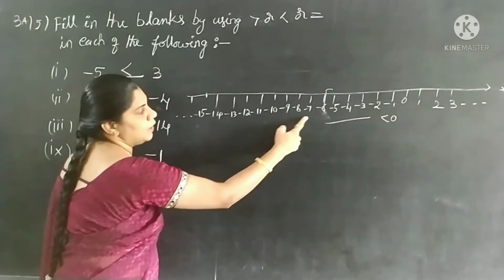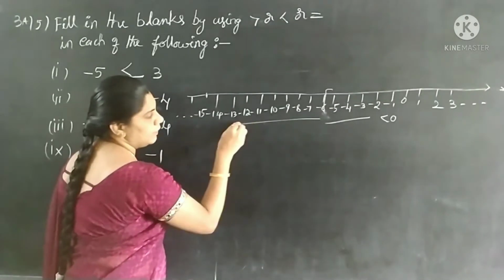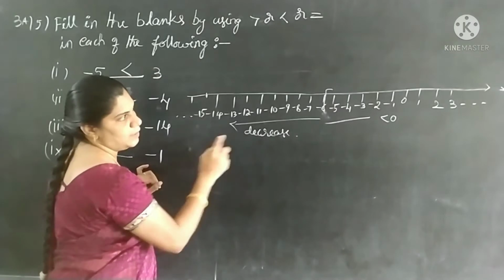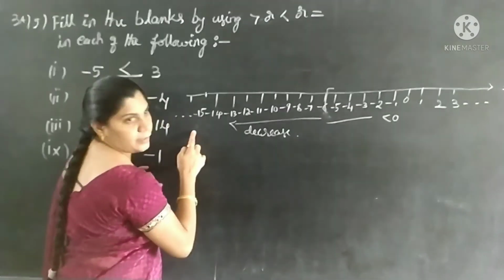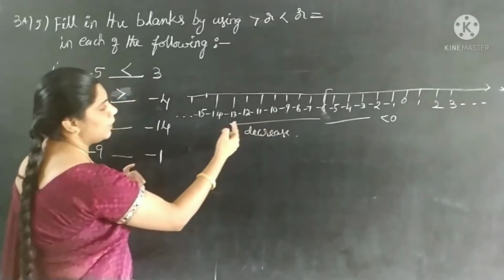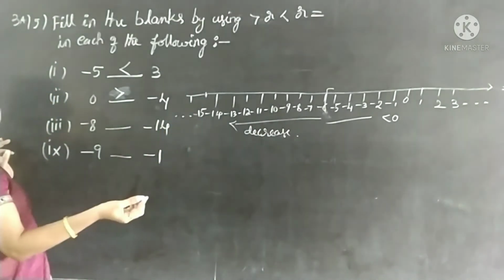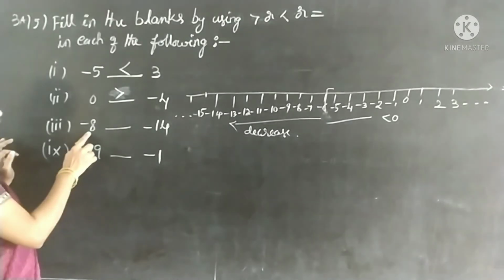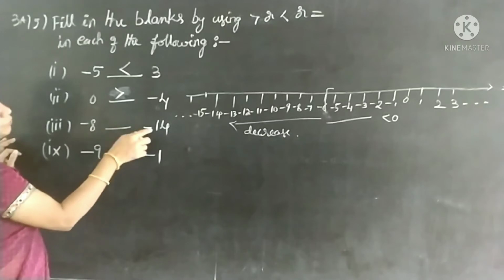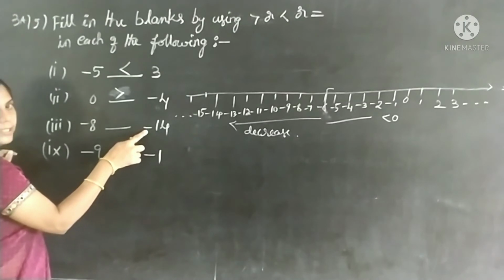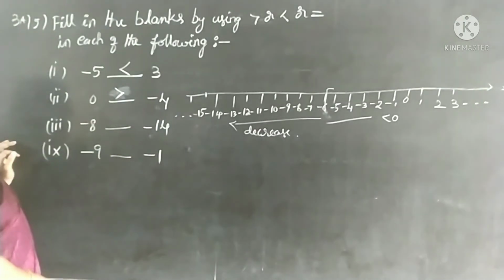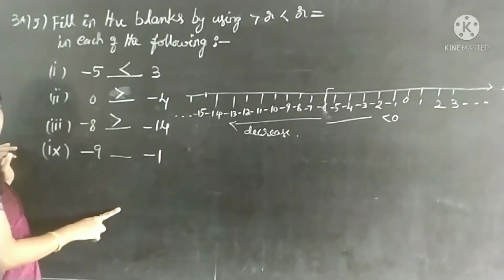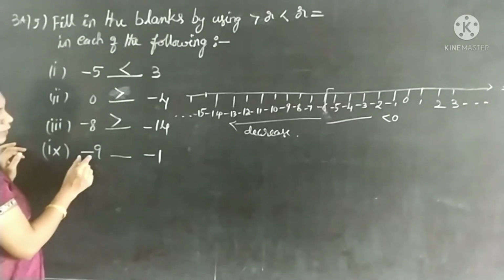That means by going to the left hand side, your value will decrease. Decrease means these are the smaller numbers. So by going to the left hand side, though your number will increase, if you have the negative sign, those numbers are the smaller numbers. Now see here, which number is the greater number? 14. But if before 14 you have a negative sign, this is the smaller one. Understood? So minus 8 is greater than minus 14. First check the number and after that check the sign.